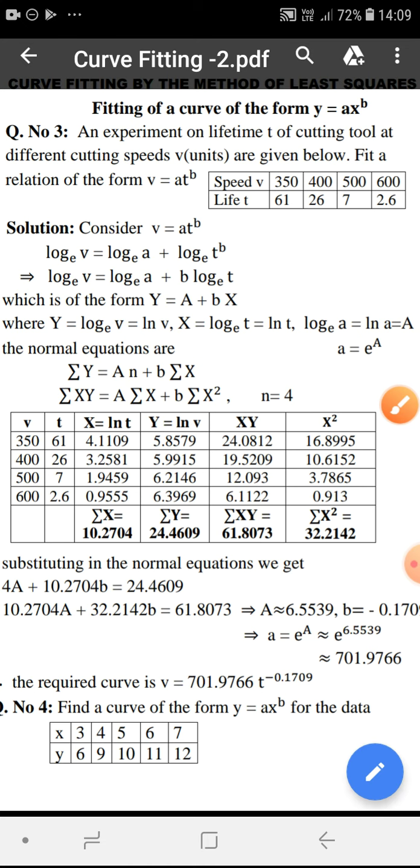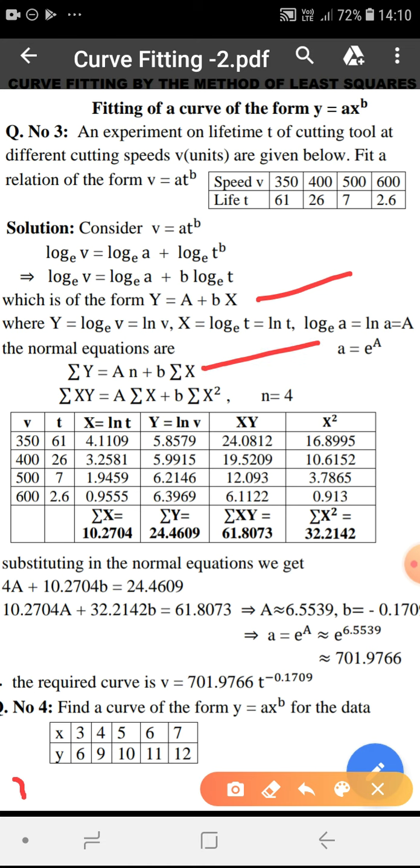So for this straight line y equal to A plus b into x, to find that capital letter A and small letter b, we need to form the normal equations. To form the normal equation, attach a summation symbol to each term of both sides of the equation y equal to A plus bx. Left side will be summation capital letter Y equal to, right side is A into summation 1, means it is n, plus b into summation x.